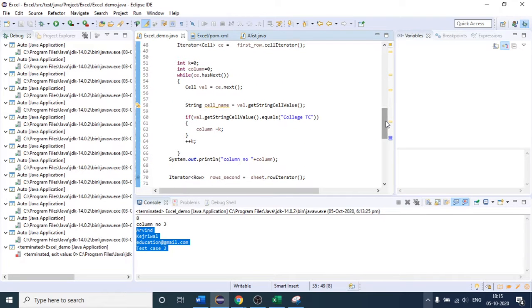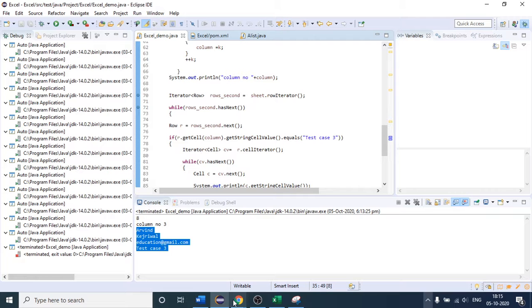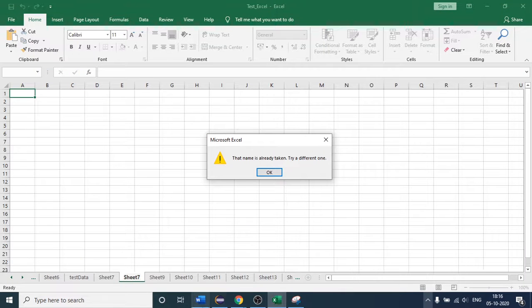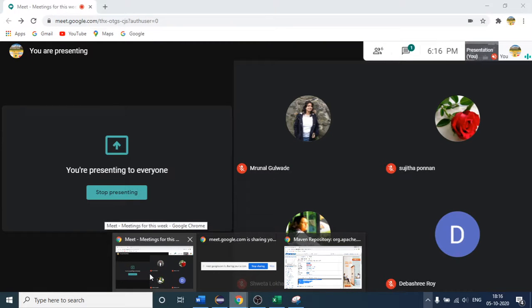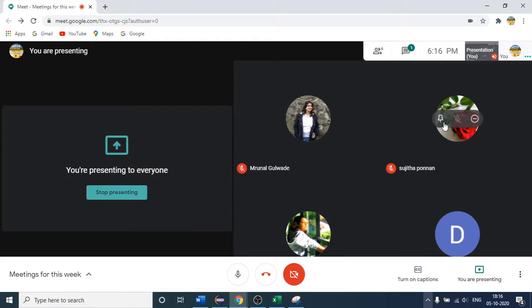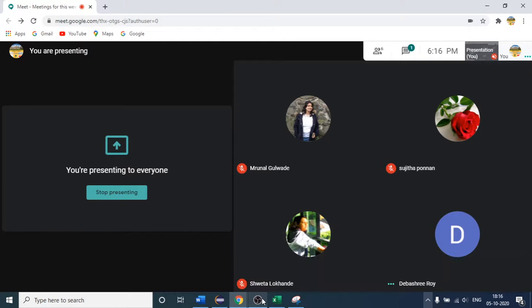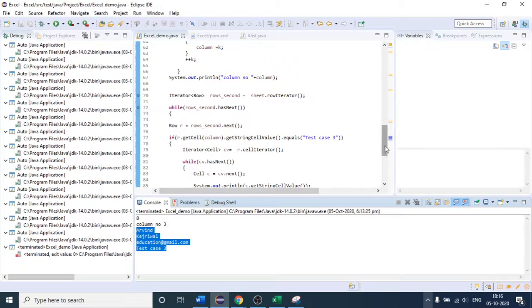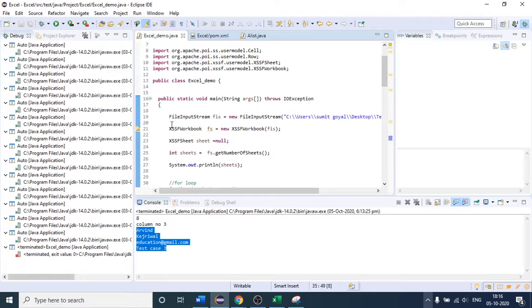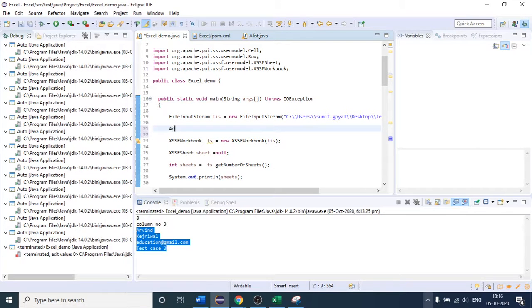So is it clear to everyone? Am I audible or not to others? Okay, I think it is clear to everyone. So what I'm trying to do, printing the data this way, we can do one more thing. Whatever data we are getting, if I come here, let me create one array list, of type string, and after that al equals new. I hope you all know the concept of array list.